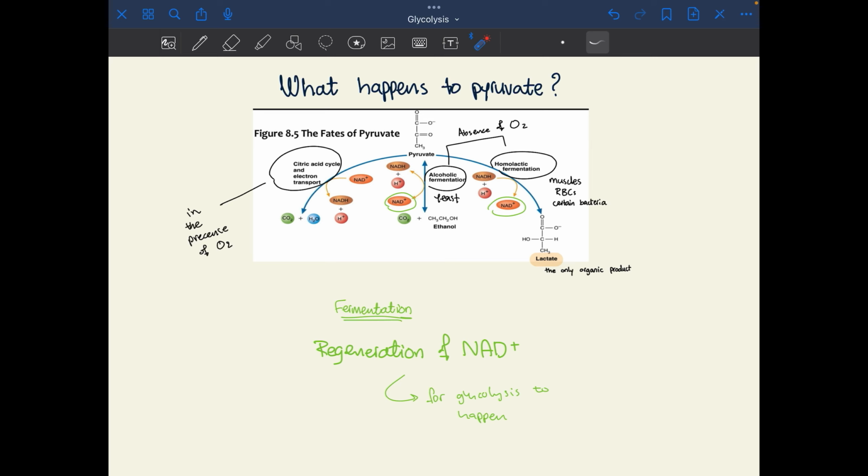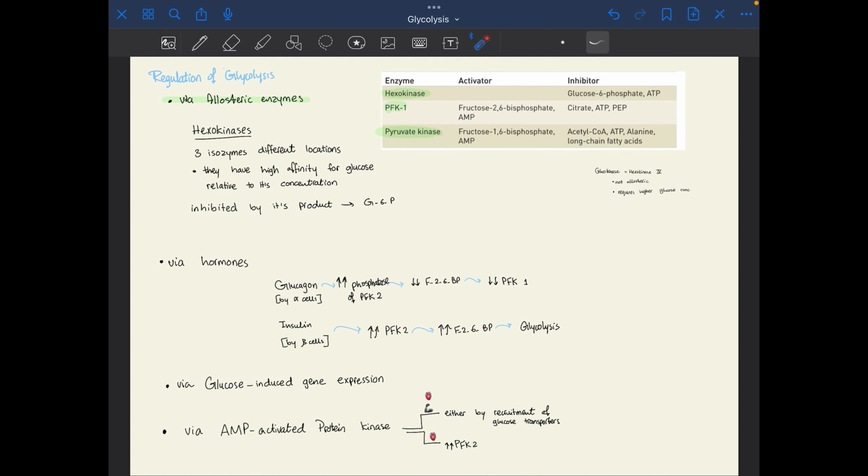Okay, so why does fermentation occur here and here? Basically, it occurs to regenerate NAD that will be needed in glycolysis, in step number 6, which was the step where we had the first gain. Okay, so now we are going to talk about regulation of glycolysis. We have allosteric enzymes, which are hexokinases, phosphofructokinase 1, and pyruvate kinase, hormones, and glucose-induced gene expression, and AMP-activated protein